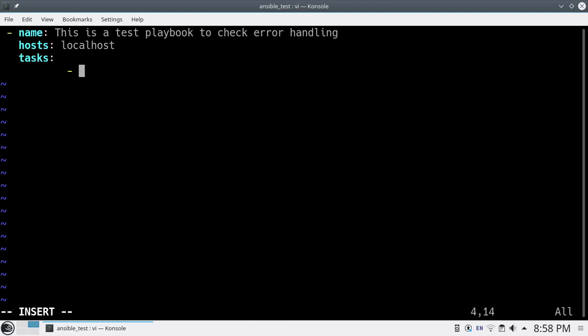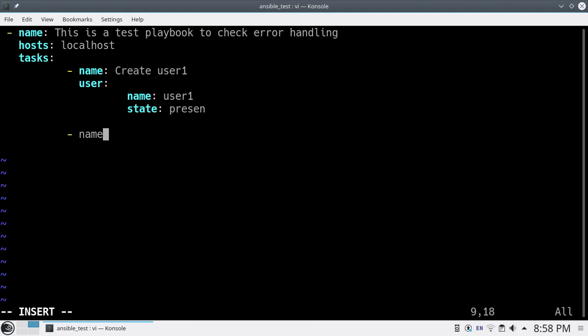Here I'll put create user1, and the user name user1, name user1, and state present. You see here I am putting an intentionally wrong spelling.